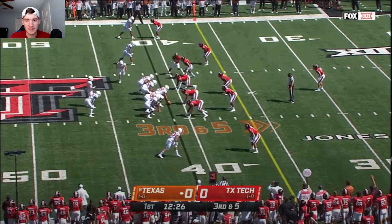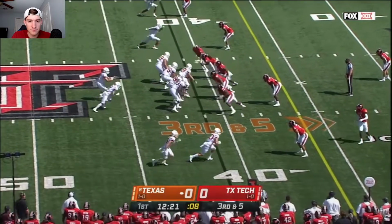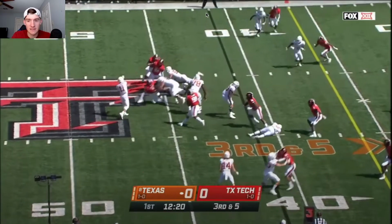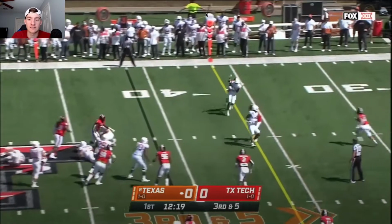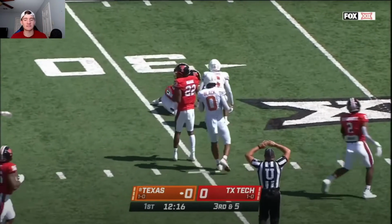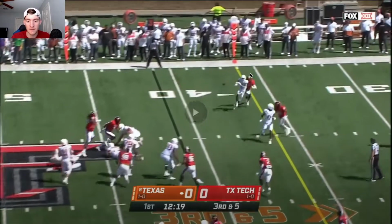That's tough. It's tough because he doesn't have the safety help that you would kind of hope for. So you could just really play the slant. Like if you have help over the top, obviously you could just come down and crash on this slant. Look at his feet. All snapped. That little outside jab step gets him off balance and just does enough to where Moore gets the separation on the inside. Ideally, I think that's Leggett again, to come down a little faster and make a play on the trip side especially, because that's more likely where the play is going to come, but